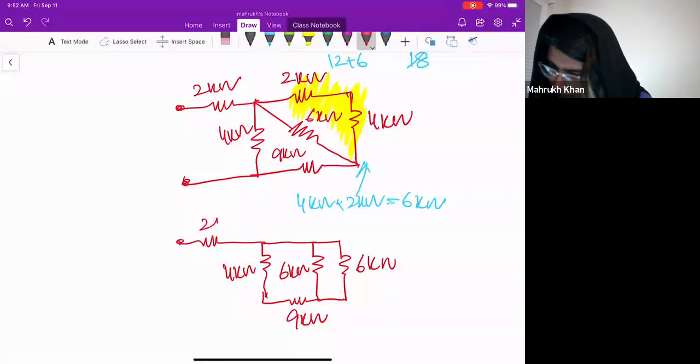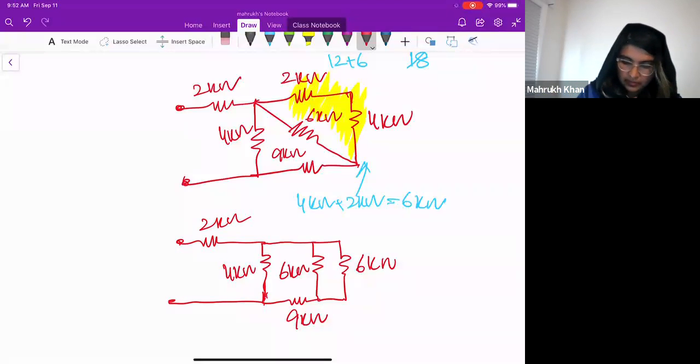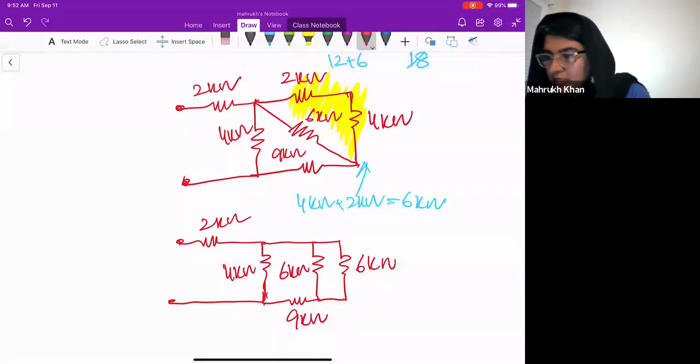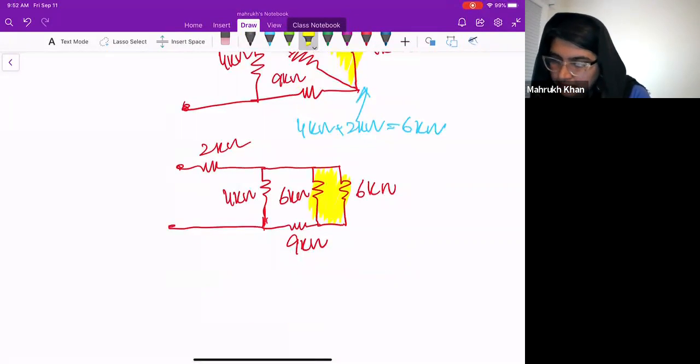Okay. So you can see that I am just dealing with one resistor at a time, right? I'm not thinking about the other resistors, and it is automatically simplifying the circuit. So this 6 kilo ohm will be